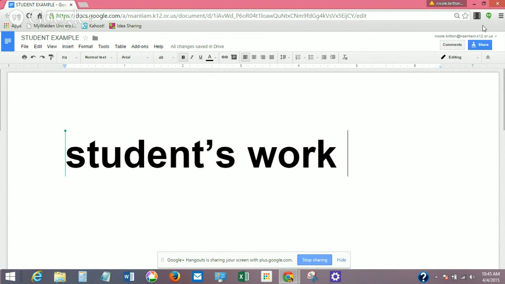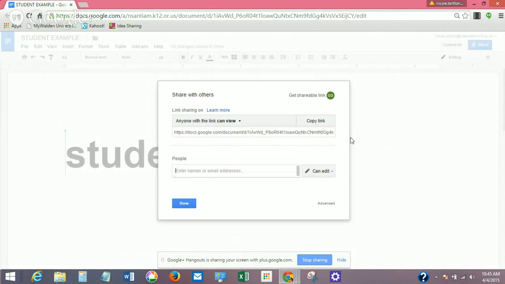You're going to have them click on the blue share button. The blue share button is up in the corner, and it automatically is set on private. I've already used this one, so the privacy settings are different, but it'll still work. The first thing that I do is right here where this top box here, I have them type my